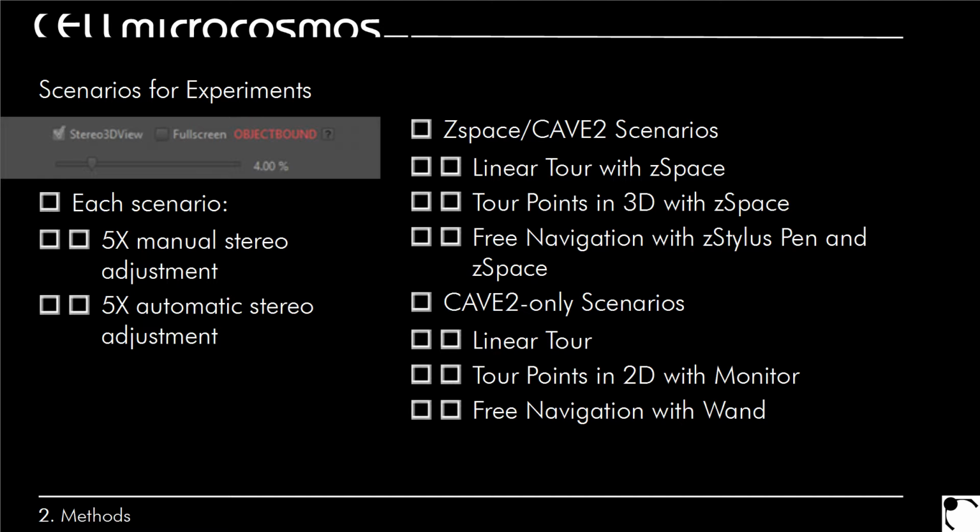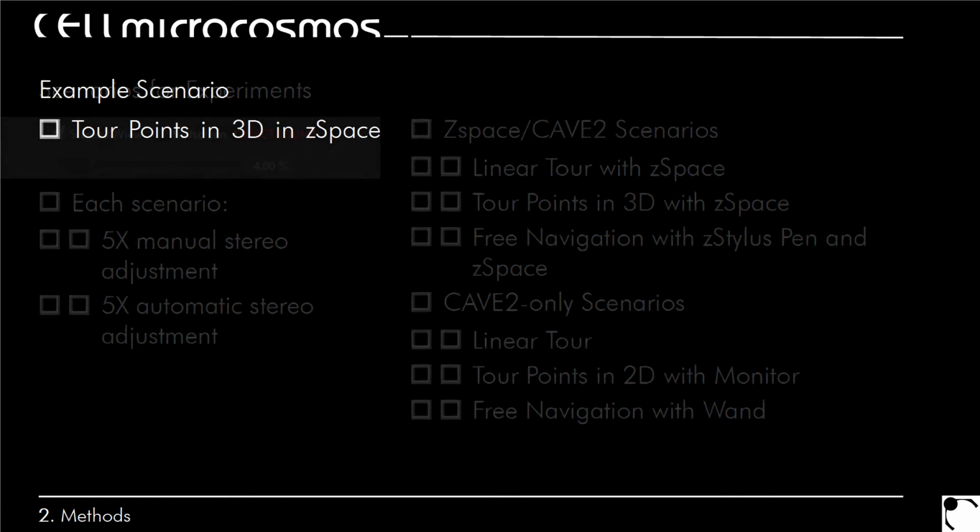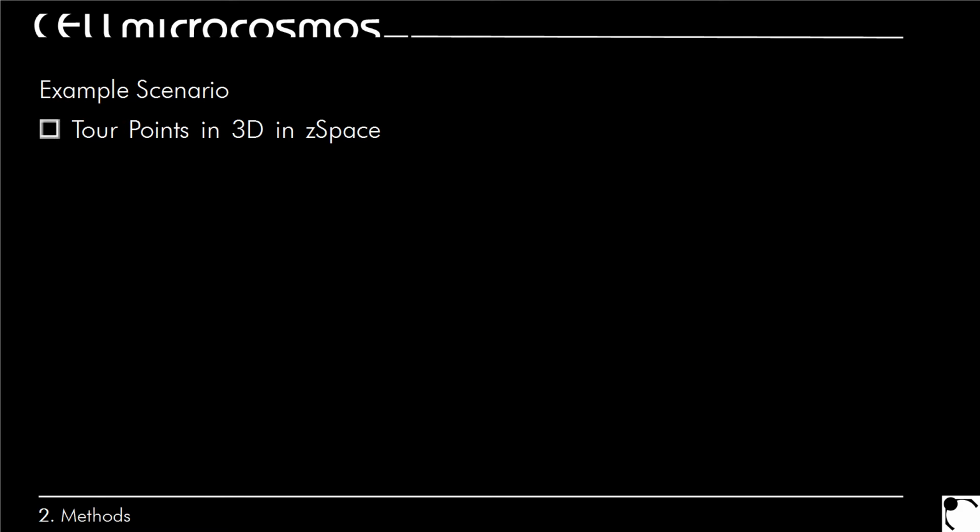And then we had here the cave-only scenarios. So these are the classical scenarios. Again, it's quite similar, and here you see what was important. We also had the navigation with the wand to compare it to our approach. But now for our stereoscopic visualization, at each of the scenarios, 5 times, the participants had to manually change the stereoscopic effect. So this means they just had a slider, like you know it maybe from tools like VMD or Amira. These are tools which are used in the bioinformatics community, for example. And then we used our automatic stereoscopic eye distance adjustment approach.